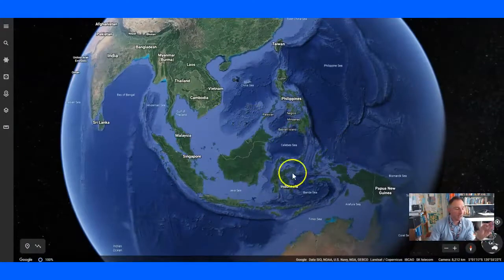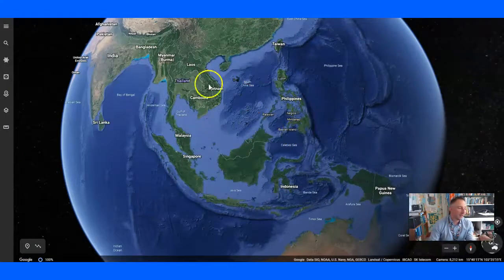Indonesia is a big chain of islands, and politically it gets confusing down here in Southeast Asia because everybody's sliced and diced it up. The Philippines are really just a part of Indonesia. They're just this cluster of islands off to the northeast side of the Indonesian archipelago. And there's a huge subduction zone out in here. The Marianas Trench is further out, but there's a lot of volcanism and tectonic activity out in here, creating these